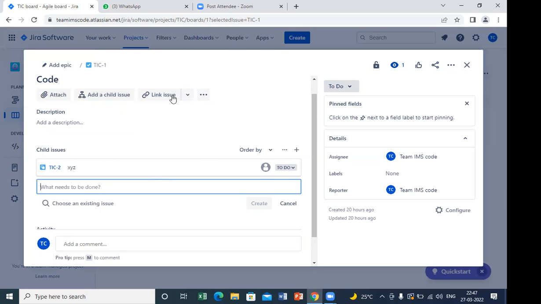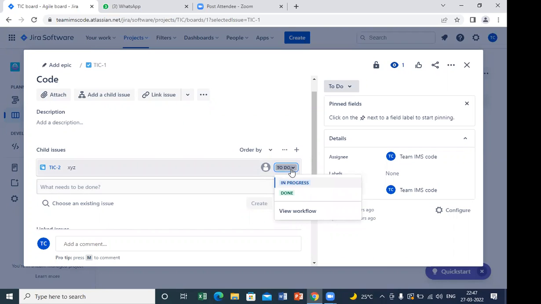I can also link an issue to it. Here I need to provide the link of the issue. Suppose it's a Confluence page, which I'll go through afterwards. But if you want to link any web page, you can also link it here. And then